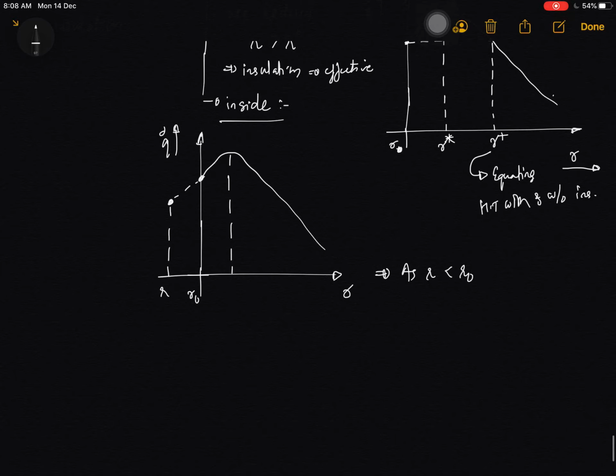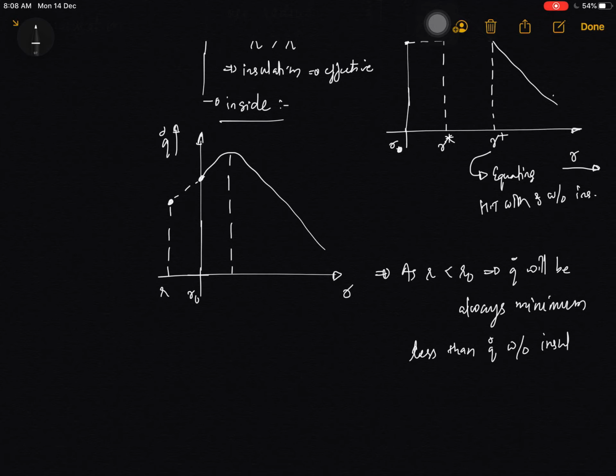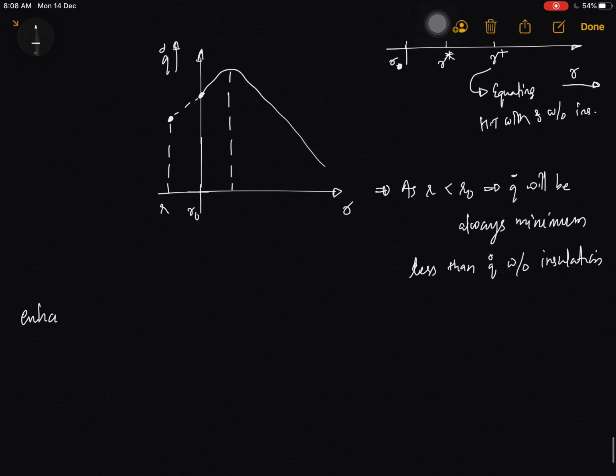So in this case, as the radius is less than the radius of the pipe, the heat transfer will always be less than the heat transfer without insulation. If you want to enhance the heat transfer, we have to keep the radius of insulation